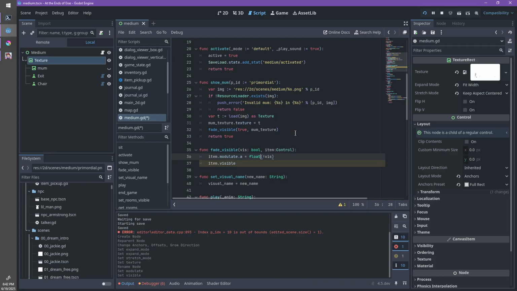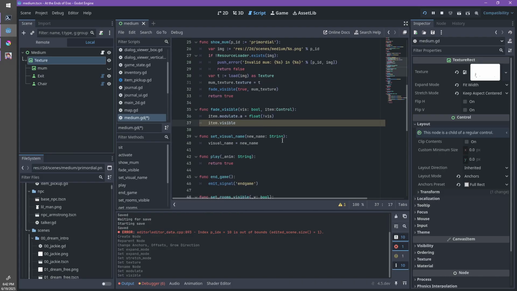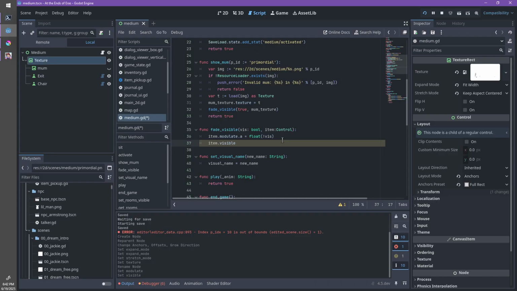So we start from visible or invisible. Actually, do I want to do that? I guess I do, yeah. Eventually I'll do something else. Equals viz, and then,